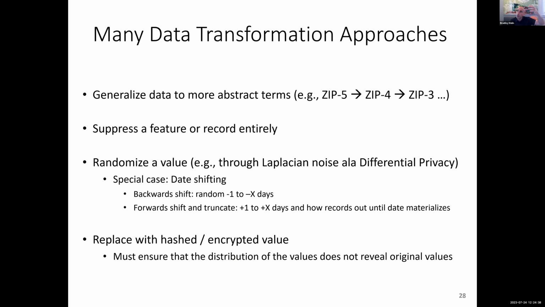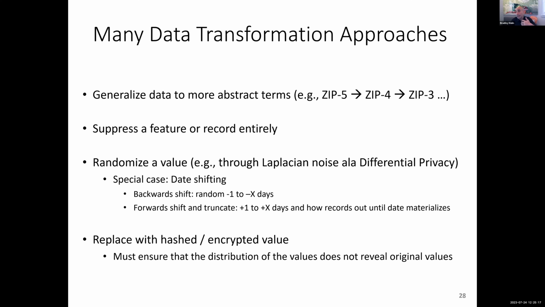So if you have some intuition into what might be exploitable, what your potential identifiers might be, you're going to have a question about what can you do to them? And there's lots of things that you can do. I'll walk you through some of this in a moment, but let's think of this at a high level, right? You could make things more abstract. Take a 5-digit zip code, move it up to 4-digit, 3-digit, take it all the way up to state. You could remove a feature entirely, as we did, right? We did some suppressions. You could do randomization, like I showed you with the date.